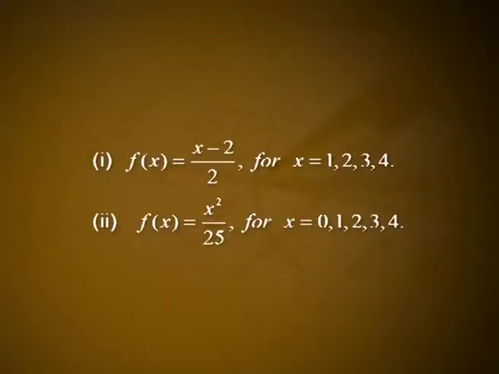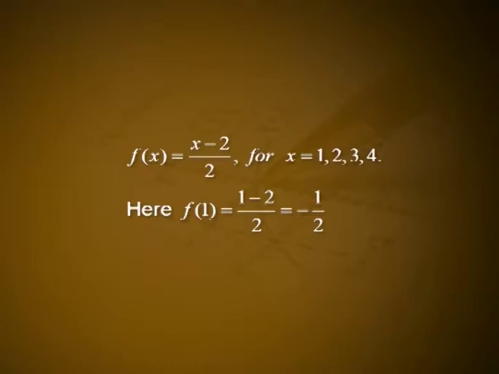2. Check whether the following is a probability mass function. Number 1, f of x equal to x minus 2 by 2 for x equal to 1, 2, 3, 4. Number 2, f of x is equal to x square by 25 for x equal to 0, 1, 2, 3, 4. Solution. Number 1. Given f of x is equal to x minus 2 by 2 for x equal to